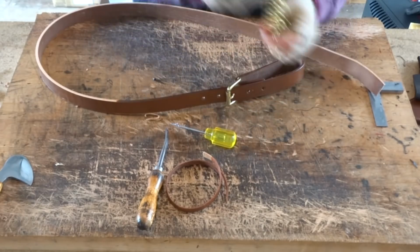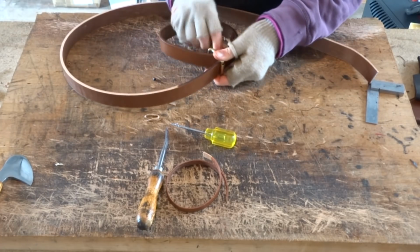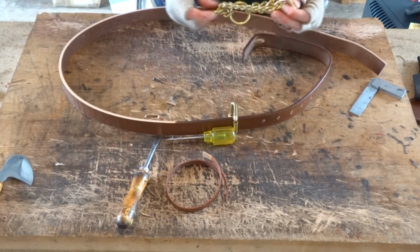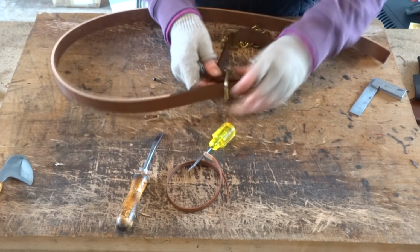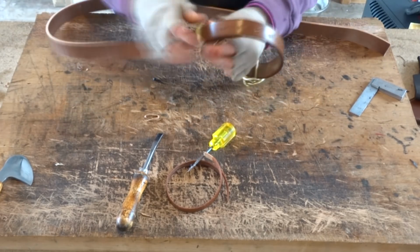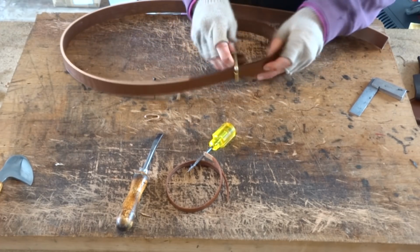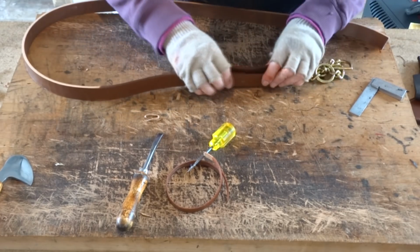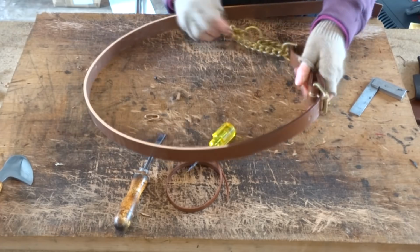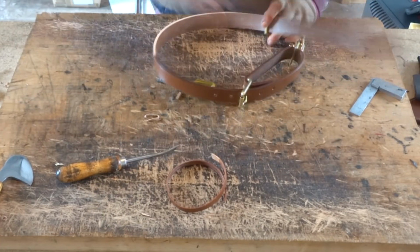So what you should have done was put the chain on first, so just make sure you put your chain on, and this collar is going to be like a martingale. If you've seen or you've made a martingale for a horse before, the fitting on this end is similar to how you would make one of those. So pop your buckle on and put it on your middle hole with your chain on, and then pop your other end of the leather through the other D-ring or ring,